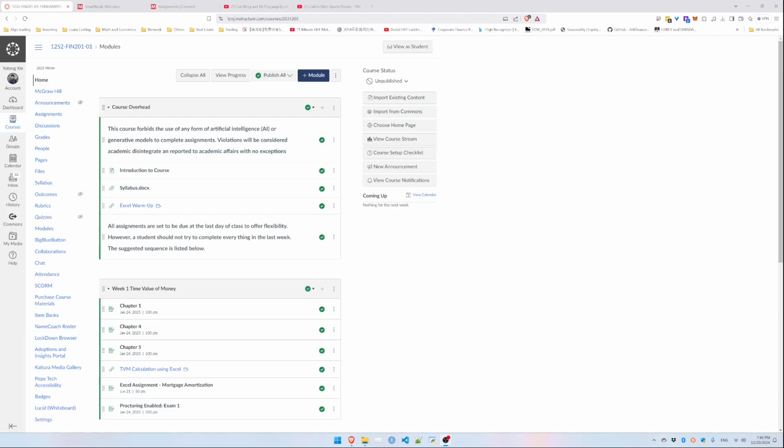What you will need to do is complete all the assignments that are posted on Canvas, as well as the so-called learning management system. For the textbook we use, the learning management system is called Connect. Basically, to complete the course, you just need to complete all the assignments and exams, as well as something called a mini case on the Connect system. Okay, so let me show you what we have.